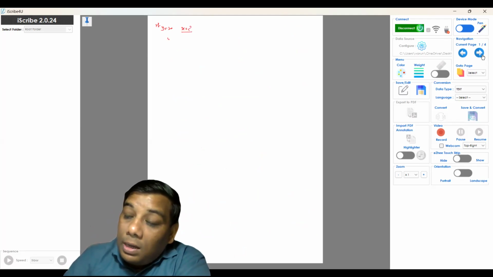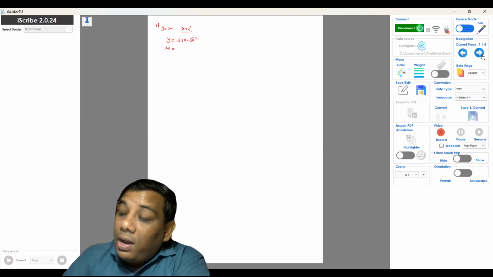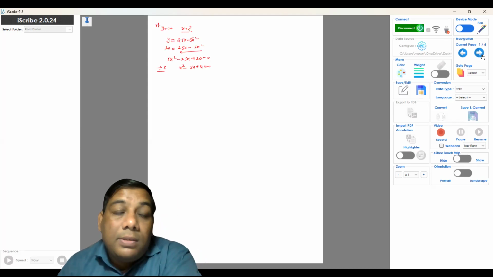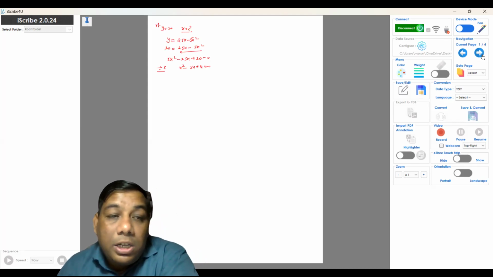what was our polynomial, y equal to 25x minus x square. Now y is 20, so 20 equal to 25x minus 5x square. Now shift all these terms to this side. Now it will become 5x square minus 25x plus 20 equal to 0. Divide by 5, then x square minus 5x plus 4 equal to 0. Now factors of 4 whose sum is 5,